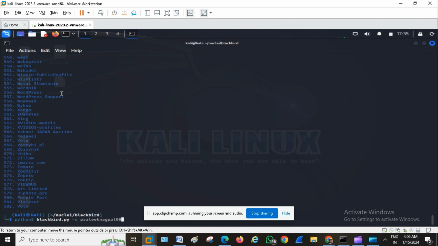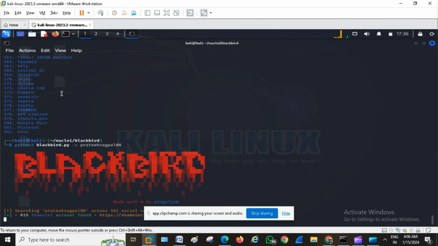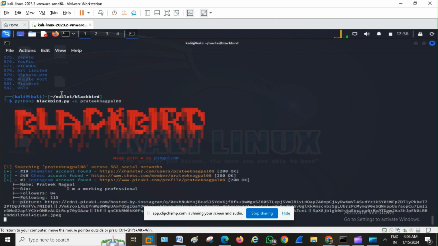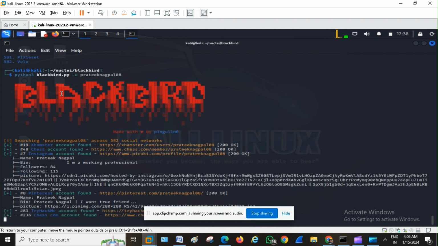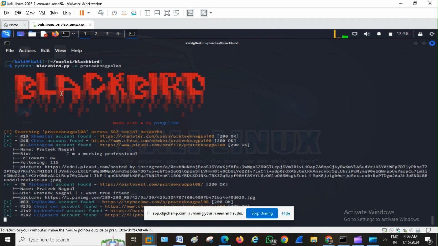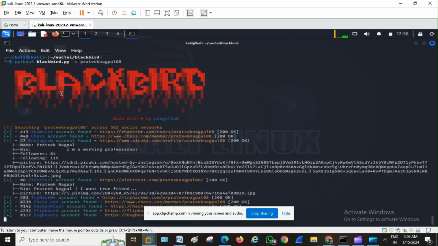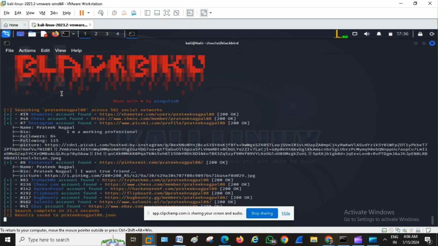First, I am using Pratik Nagpal 08 as the username. So see here, Pratik Nagpal 08 as a username is found in so many different social media sites like chess,